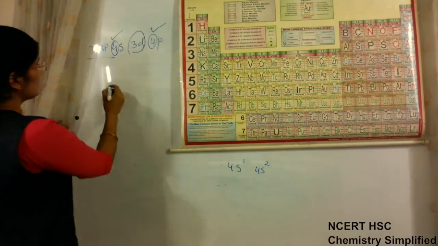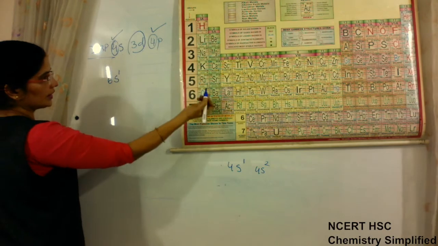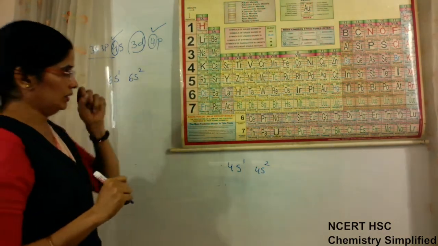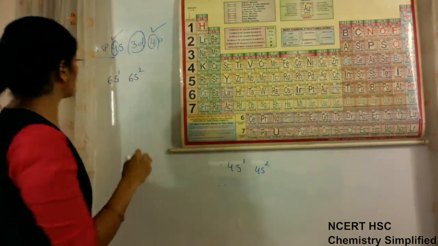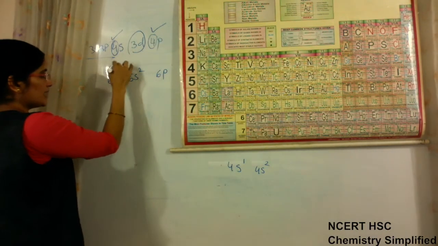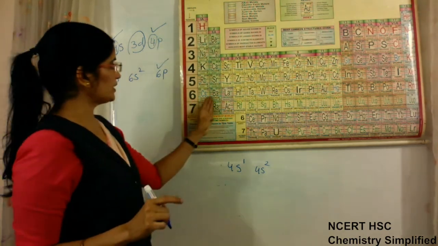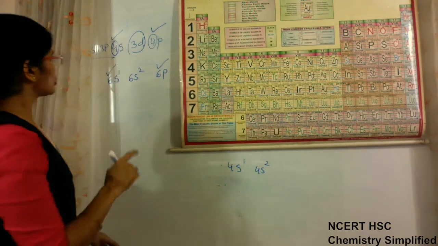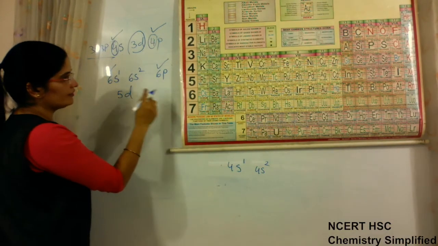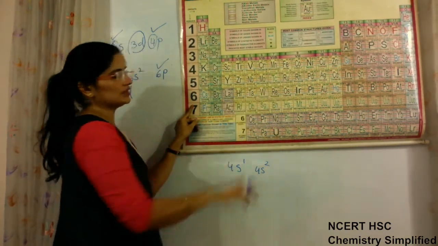6th period, that means the electron in cesium will go in 6s1. Then for barium it is 6s2. Then here it will be 6p. What is the number of S is the number of P. But in between if we have D block, so it will be 1 less than the main shell. That means the D here is 5D. Where it is 6th period, the D will always be 5D.